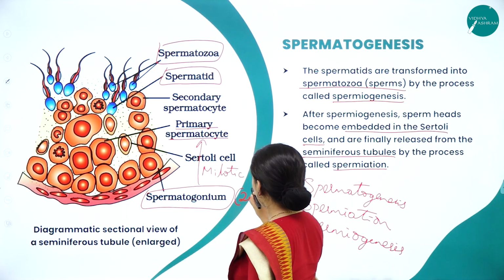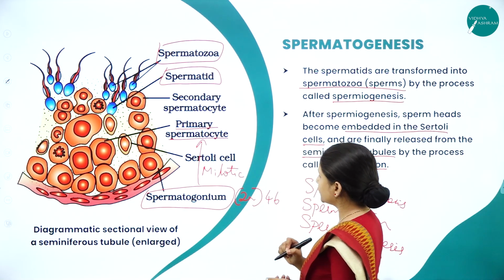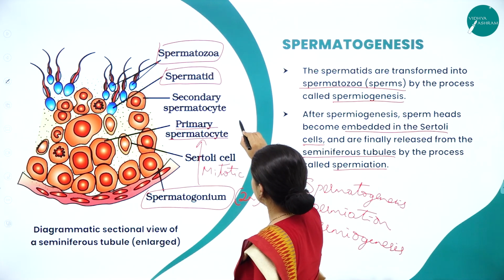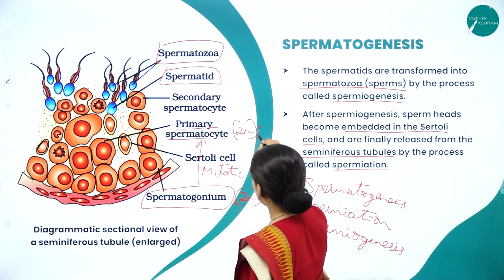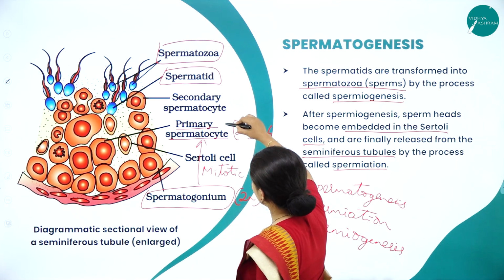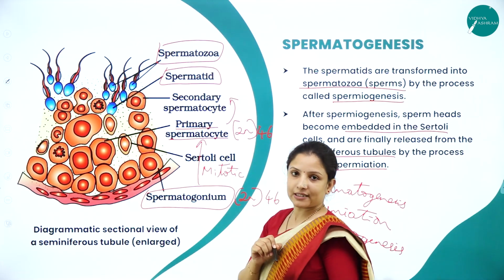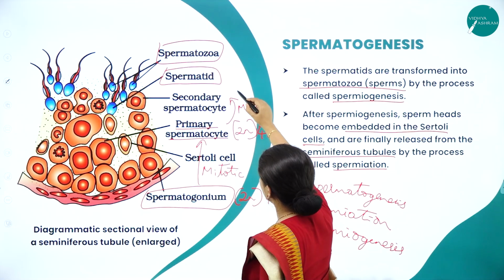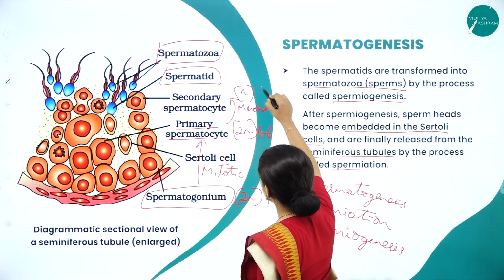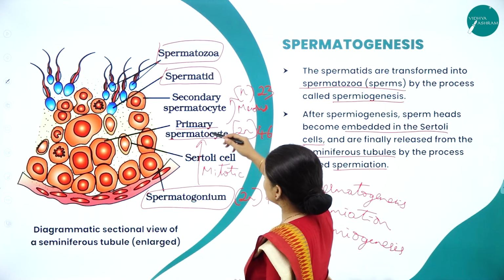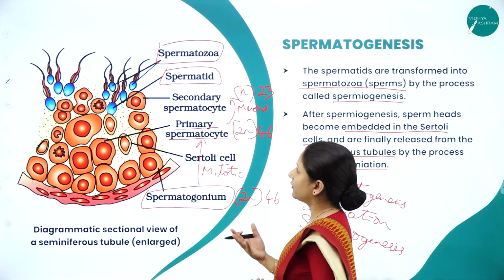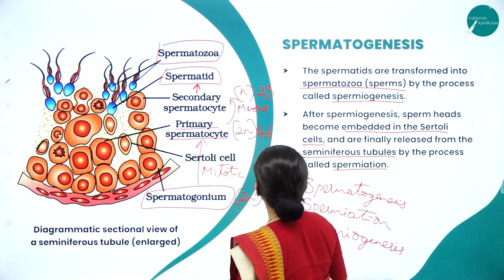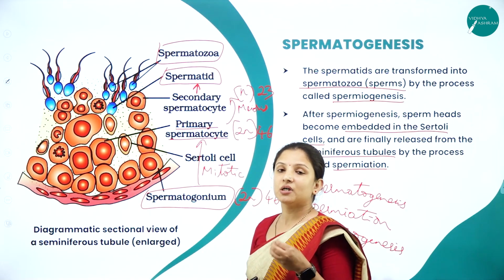Therefore, these are diploid, having how many? 46 chromosomes. Now they will form the primary spermatocyte by mitotic division. Therefore, this will also be diploid, having 46 chromosomes. Now these primary spermatocytes will be converted into secondary spermatocytes by meiosis. Since it is meiosis, it will be a reduction division, giving 23 chromosomes. Next, the secondary spermatocyte will again undergo meiotic division to form the spermatids. Now this formation of spermatids is what is called spermatogenesis.